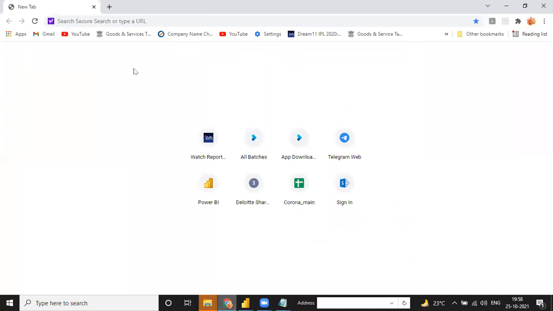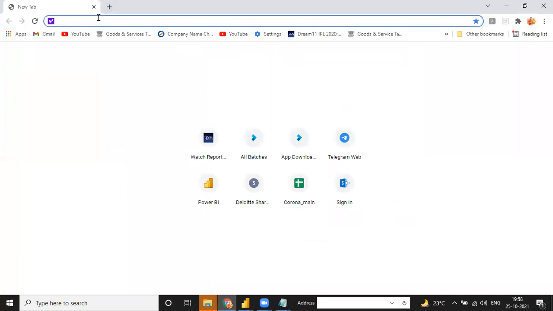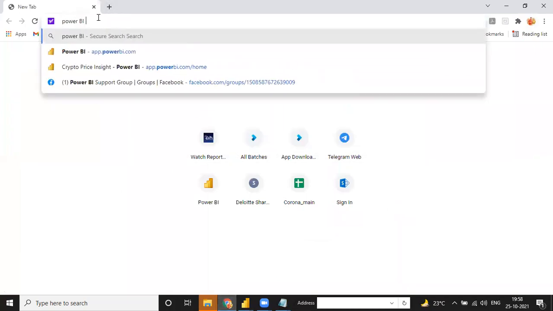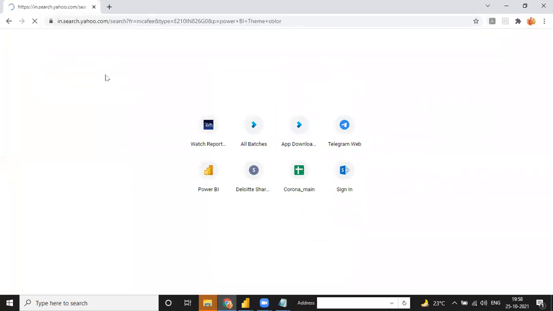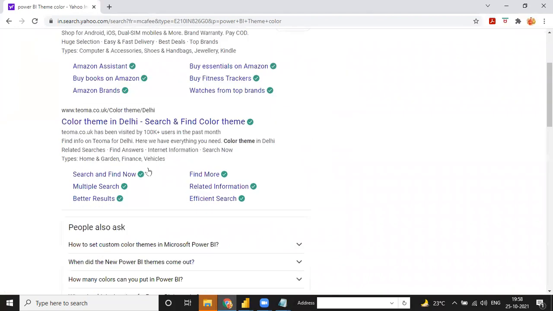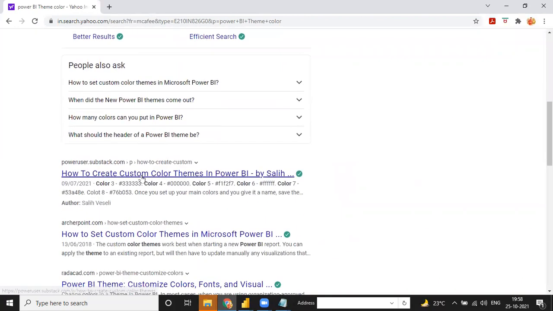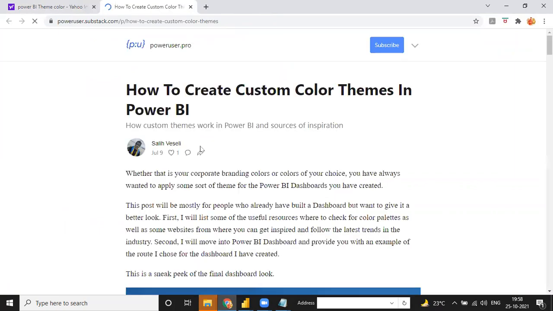Or you can go to Google and search for Power BI theme color, and you can choose any of the themes. See, this is your color coding.